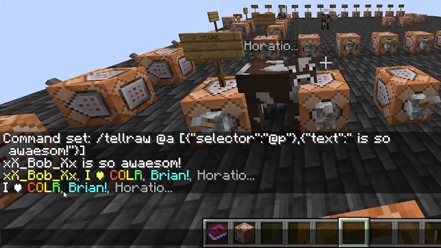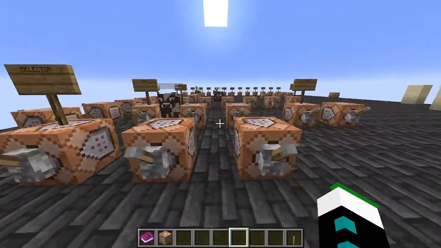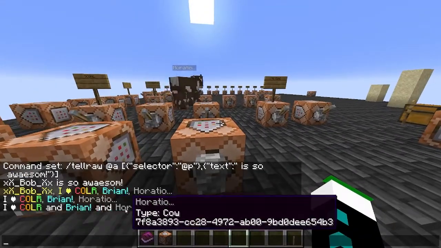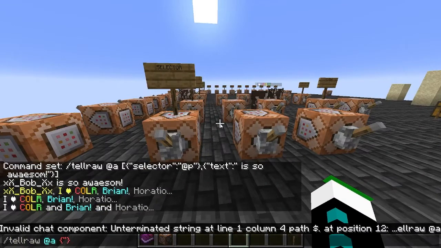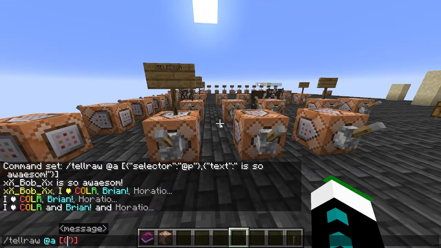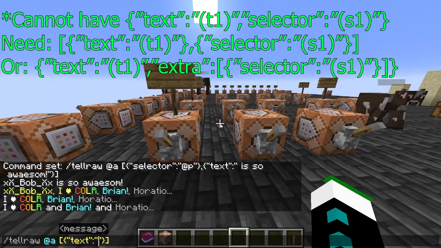You can see that they're automatically separated by a gray comma and a space. You can do whatever you want with that. You can just make it say "and" that is with separator. Well, first of all, just so I could show that text and selector are separate. You cannot have text and selector in the same thing. One will override the other. So let's just say